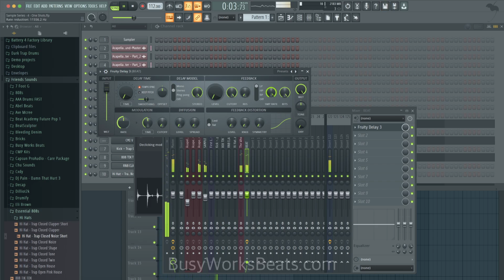So you can lower it down to, I don't know why they made it this scale, because from here to here, you're going down 20,000 hertz, which is a big jump, but it's like a little blip on the thing. So it's not the greatest tool to really get accurate with. And you can't type in values, so that's kind of hard to deal with. But most people pull it down to like here. And you hear that ringy sound. So some people like that sound, some people don't. It depends on the sample.